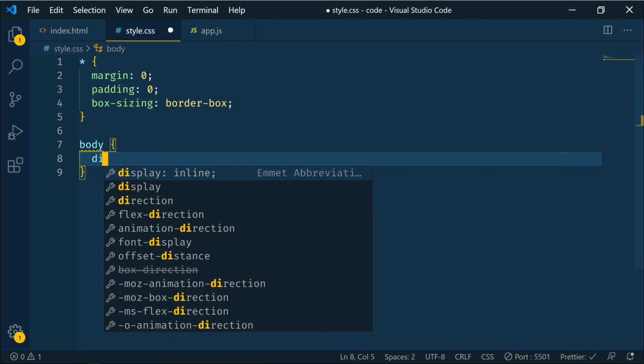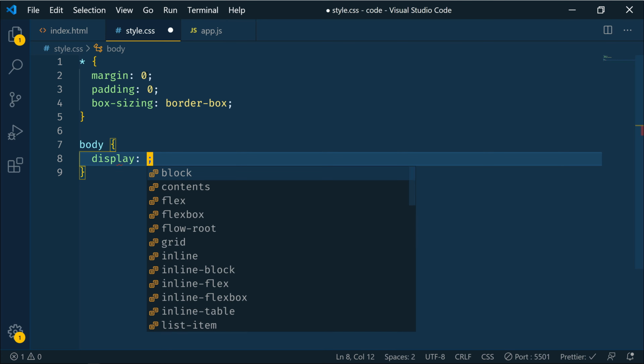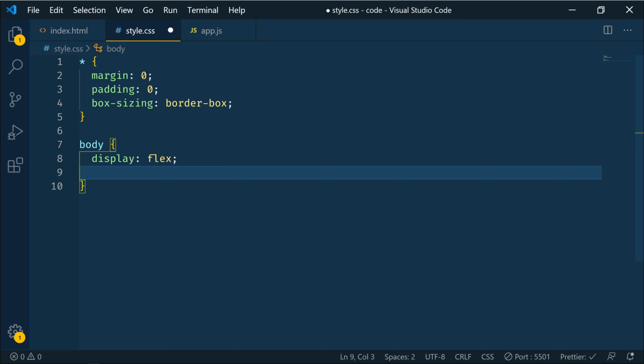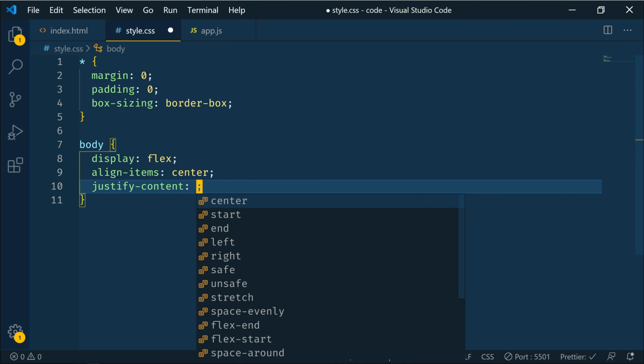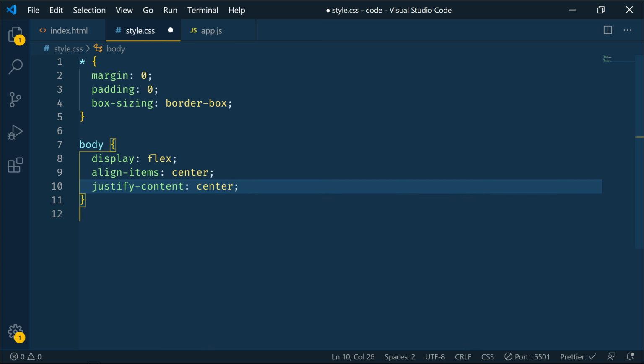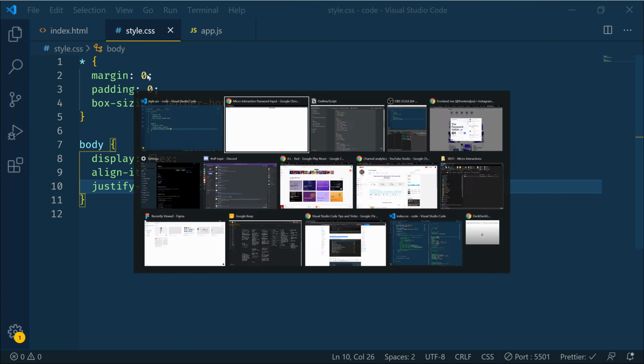And we're going to display the body as flex. This is just so that we can center everything in the middle, just make it easier to see. So we'll say align items is going to be center, and justify content is going to be center. All right, and if we save that and go back, we'll see that everything is here in the center, but